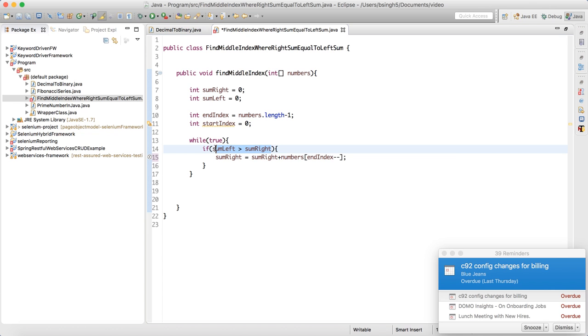If sum of left is greater than sum of right, then add right side, because left side is more, but we don't have to check for more conditions. Okay, so when left side is more, add right side. So in the right side, do sum right and take the data from the array. So here I'm doing an index minus minus. Why? Because